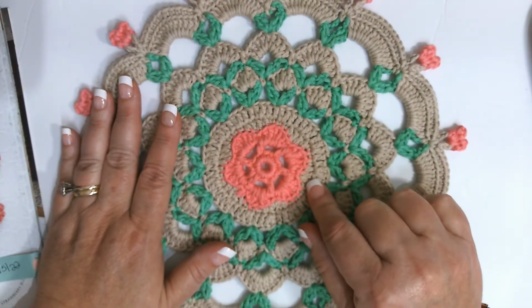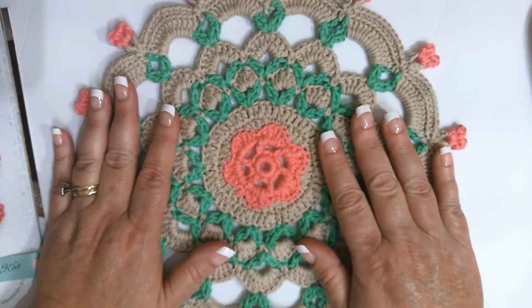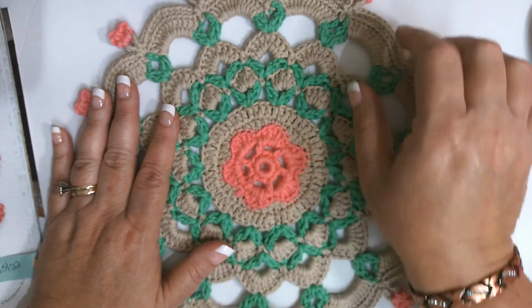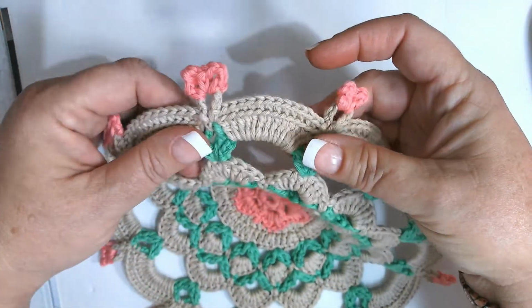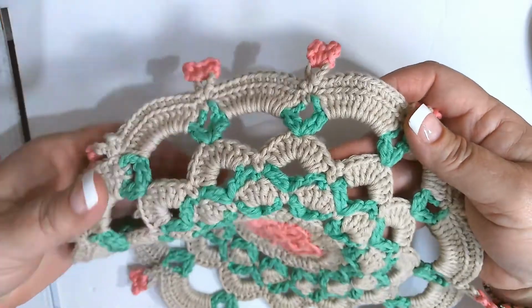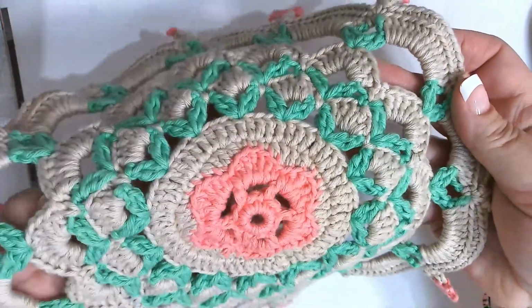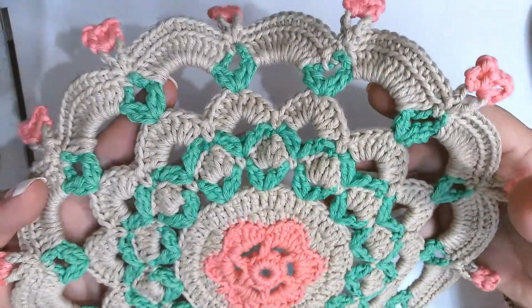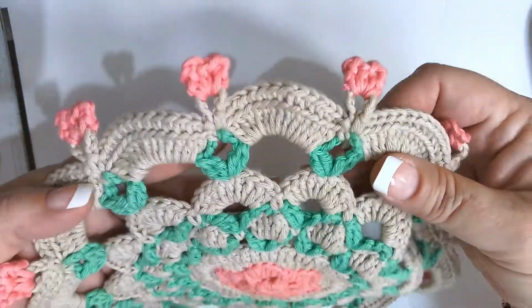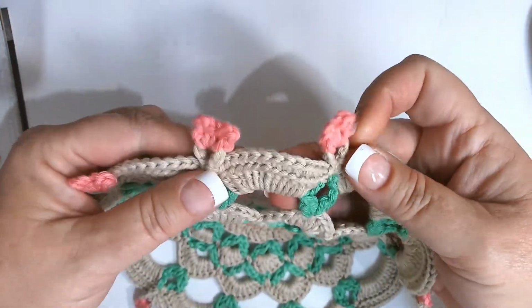This was done with the Hobbii Cotton 8/8. Absolutely first time working with this yarn. Absolutely love it. And look at that stitch definition that you get. Look at that. Just absolutely beautiful stitch definition. I did not have an issue with this yarn splitting. I used a 4.0 millimeter crochet hook, but just look,